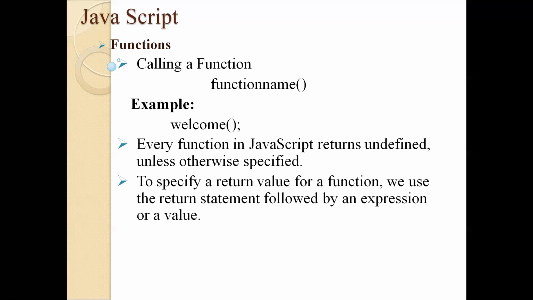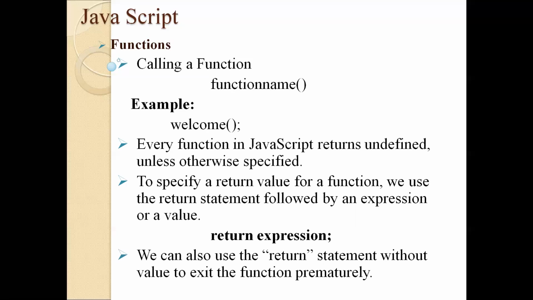For example, if you have return 0, then 0 will be returned after the execution of the function. If you have return a, then a will be returned after the execution of this function. By default, nothing will be returned. But if you want a function to return something, you can keep the return keyword as the last statement in the body of the function. Right? Next one. It is the example return expression. The expression maintained there will be calculated, and the result of the expression will be returned to whoever called the function.